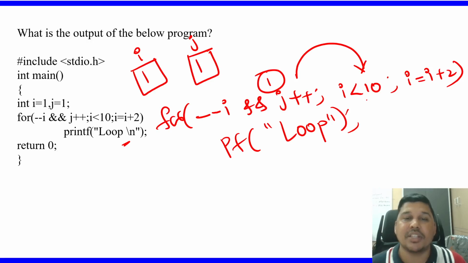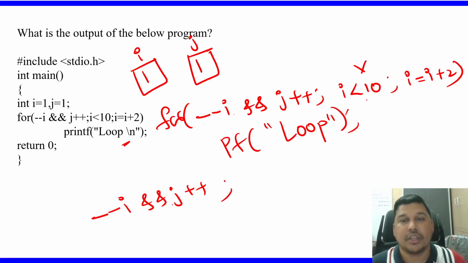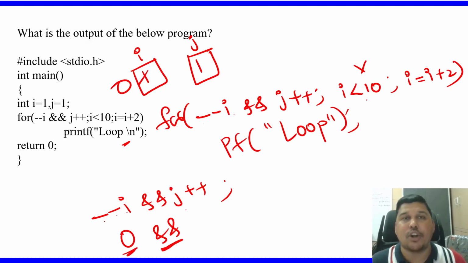Now let's see what happens in the initialization. Here, I have the condition as not a condition; I have a statement --i && j++. When it is separated by semicolon, we have to execute it. What is --i? i becomes 0 because of this. So it is 0, and when the logical AND operator is there,